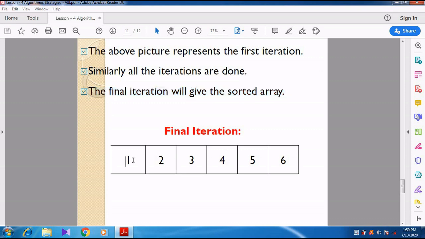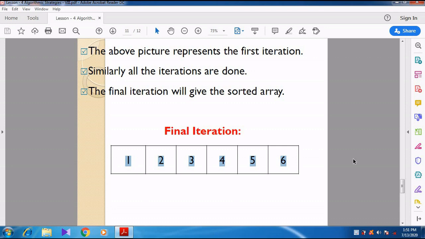The final iteration gives 1, 2, 3, 4, 5, 6. All 6 values are arranged in ascending order. It takes much time. I think it takes 6 times 6, so 36 comparisons, where each and every value is compared to get the sorted array.